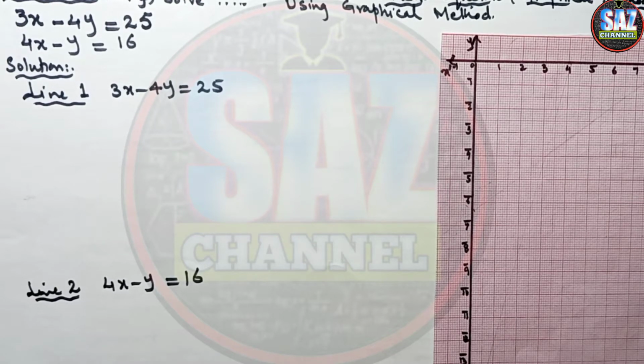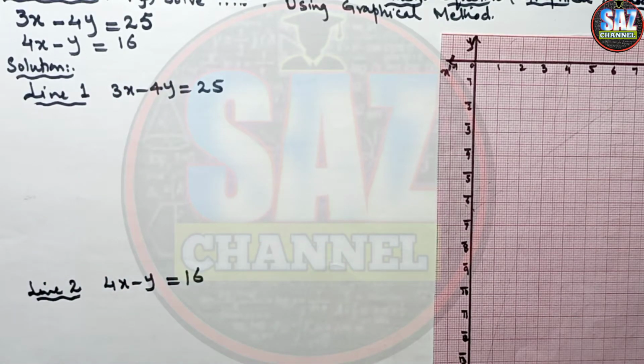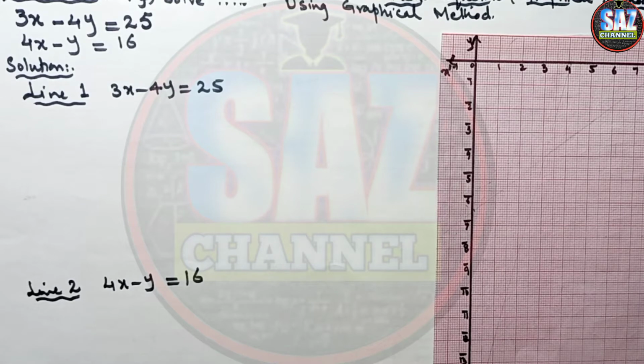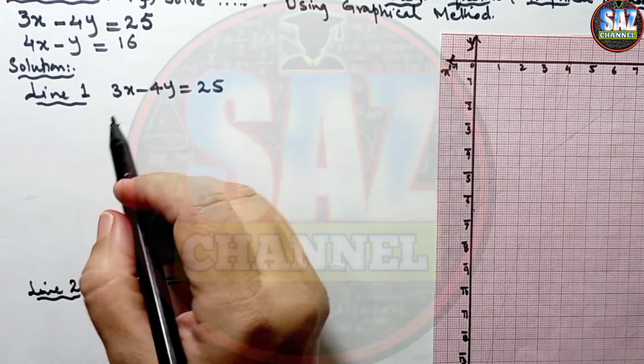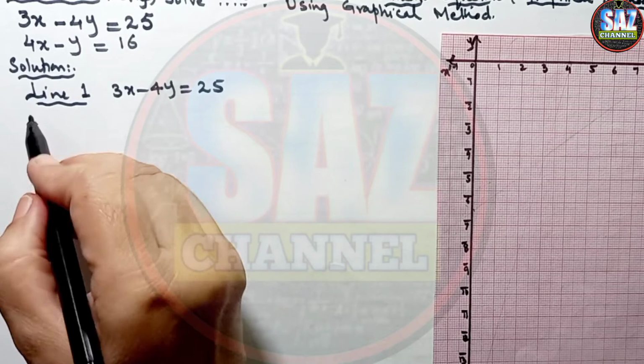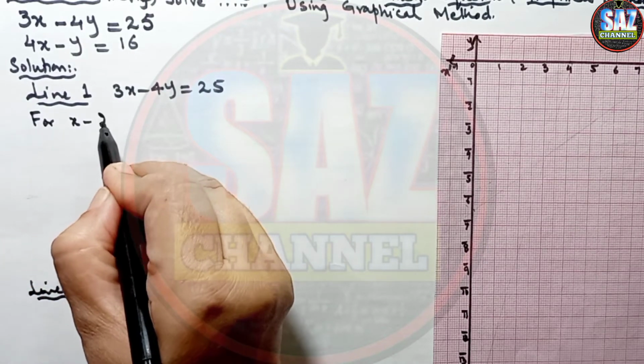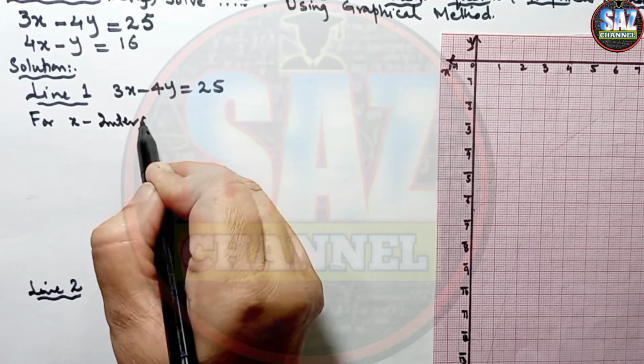The question is 3x minus 4y equals 25 and 4x minus y equals 16. I'll be solving this question with the intercept method so that the students have command of both methods. So the equation is 3x minus 4y equals 25. For the x-intercept, what we have to do,